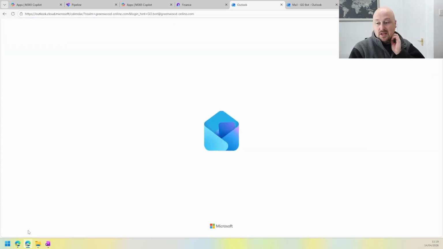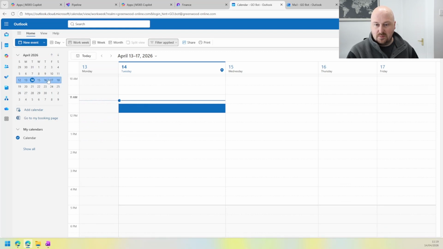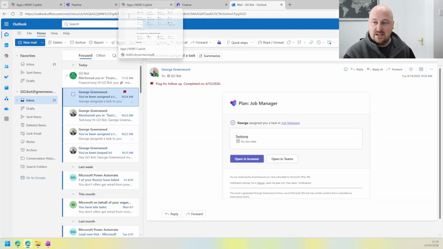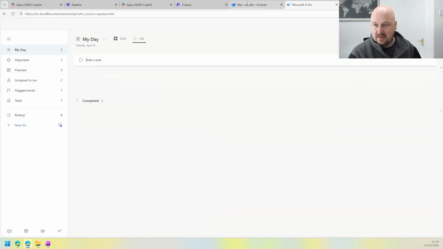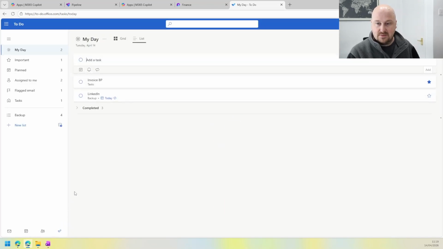So view them on a calendar. It's going to take you into Outlook when you click that, but you will see all those jobs if you were to assign them correctly, like I haven't done. You see the power of using the Microsoft ecosystem to do all of these things and bring everything together into one place, as opposed to letting your tech just sprawl out and be amongst so many different pieces of software,